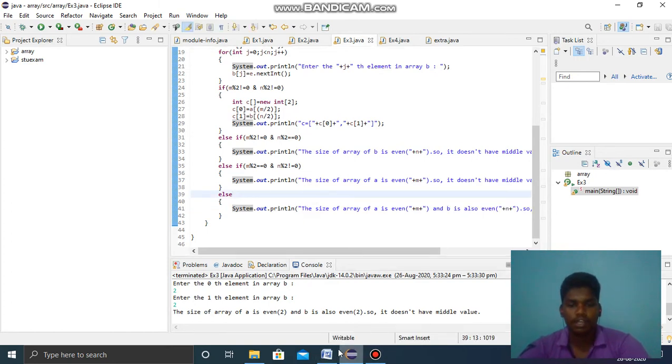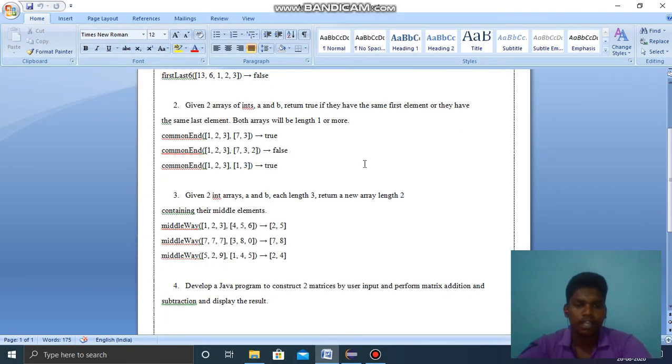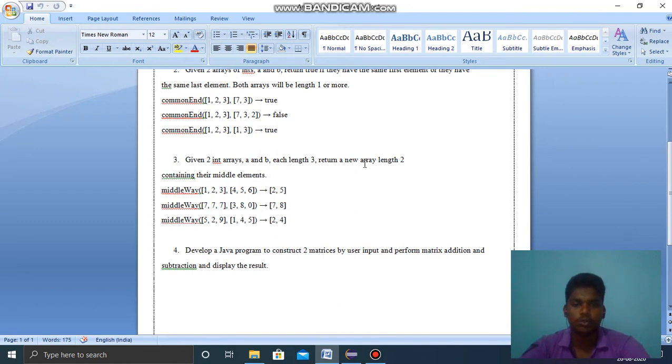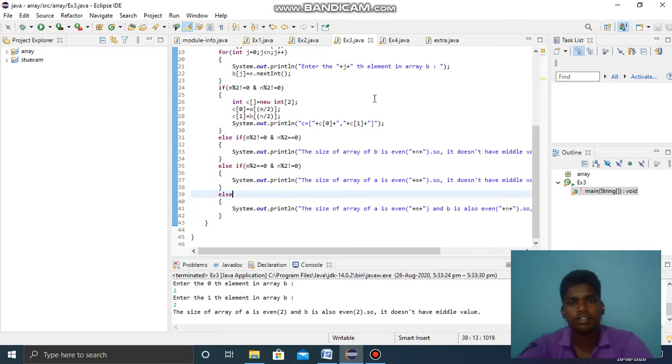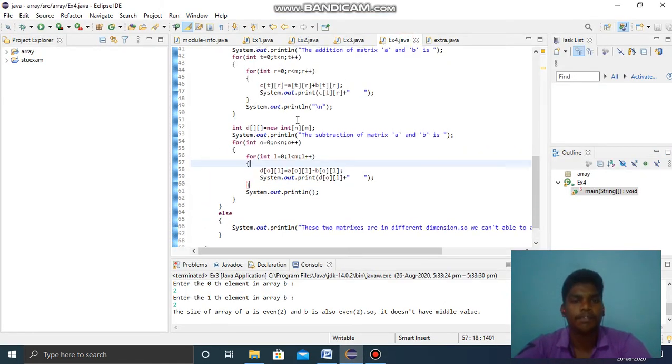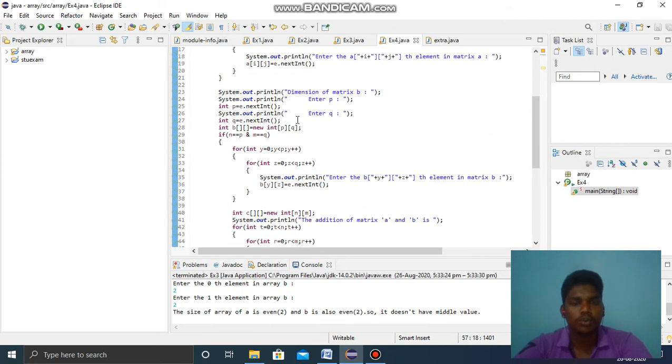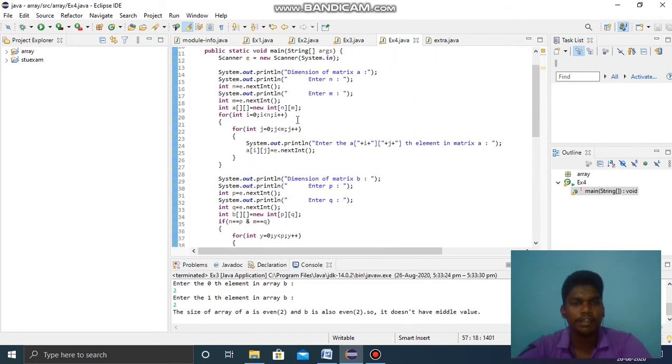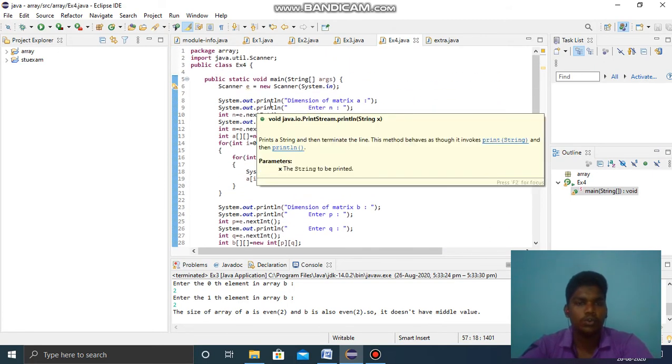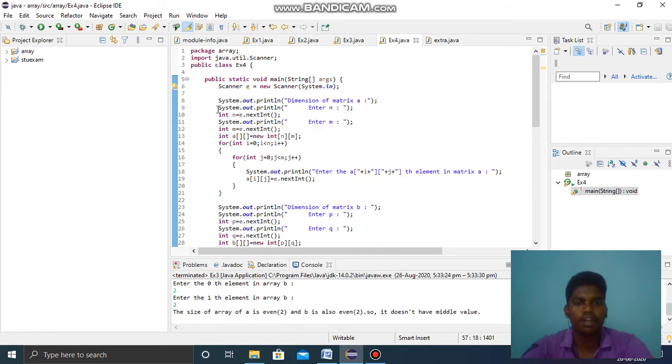So the final question is, develop a Java program to construct two matrices by user input, and perform matrix addition and subtraction. So the code is here. It's a 2 dimensional array, so we want to get 2 inputs from the user, n as row and m as column.